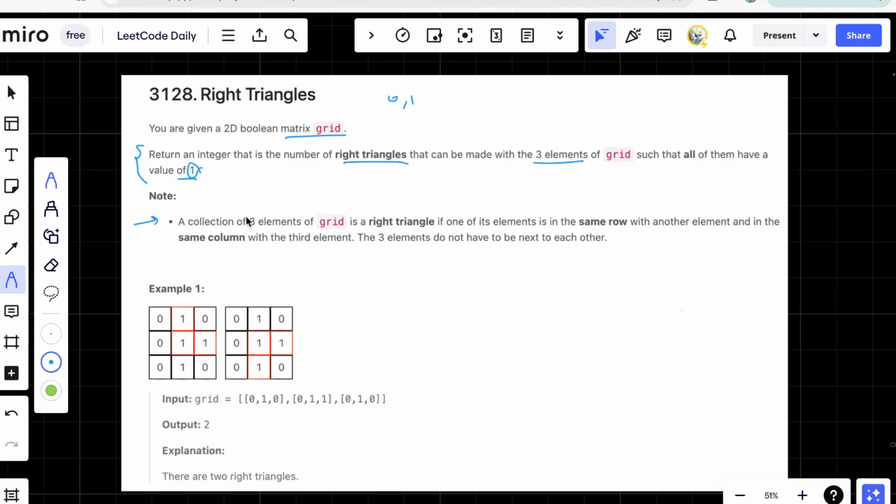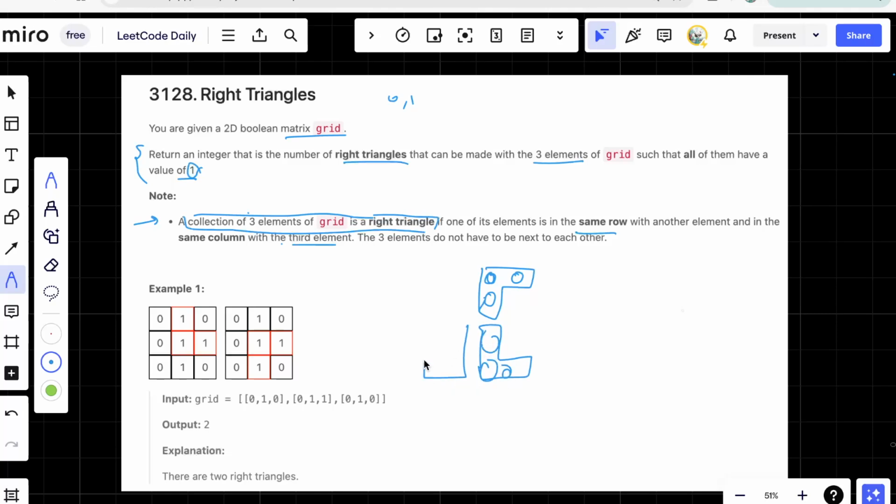So we have to consider a collection of 3 elements of grid, and this is going to be a right triangle. How is it going to be a right triangle? If one of its elements is in the same row with another element, and in the same column with the third element. So let's say this is the third element. With the third element you have one element in the same row as well as one element in the same column. So this is how a right triangle is going to be formed. It can be formed like this, it can be formed like this as well,